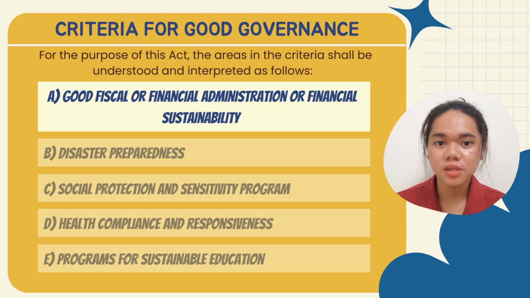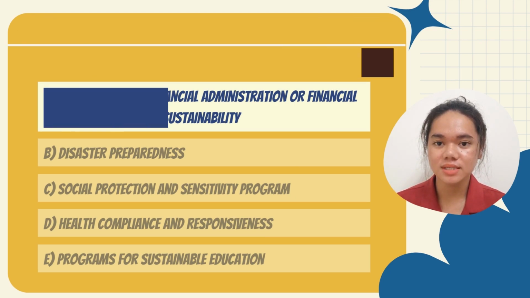This refers to the condition where an LGU demonstrates positive and stable economic performance and maintains, preserves, and mandatorily upholds the practice of fiscal discipline, accountability, and transparency by adhering to budgetary rules, public financial management, generally accepted and recognized accounting and auditing standards, and full disclosure policies.